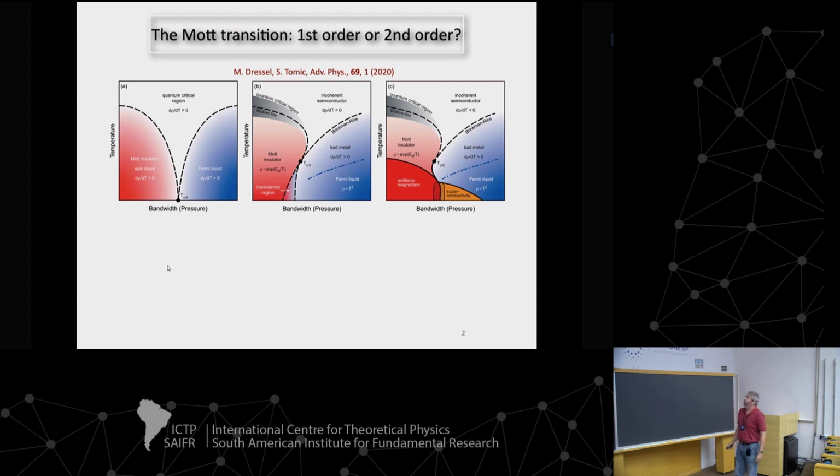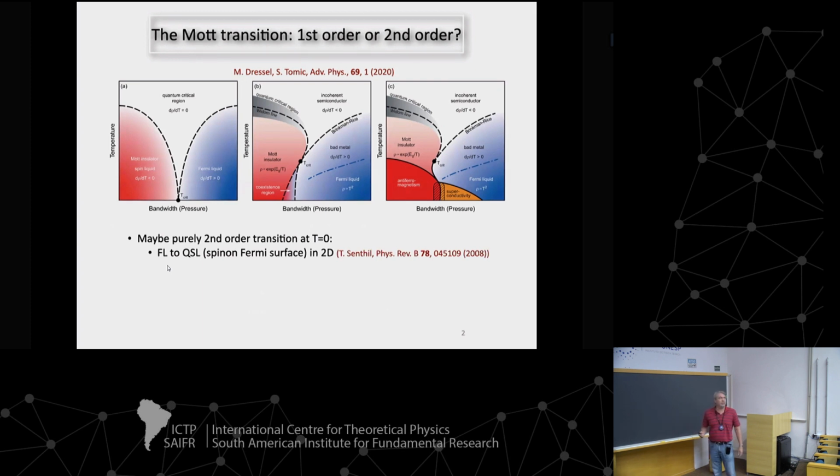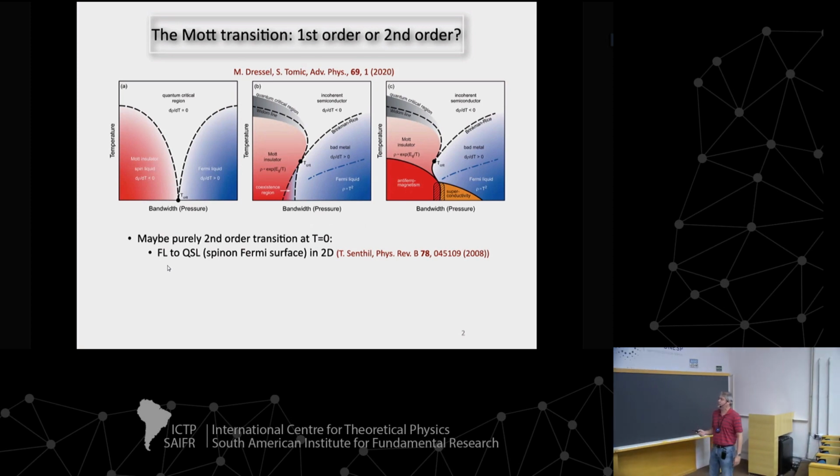Okay, so let's start with the Mott transition that Vlad and other people talked about a little bit in this conference. So there are a few scenarios about our view of the Mott transition. Let me start with this possibility of it being a purely second-order transition, even at T equal to 0. This is probably important in 2D, where you don't expect magnetic order on either side. And there is some proposal for this transition being a second-order transition at T equal to 0. And there's recent work in moiré superlattices and TMDs that seem to support this view.